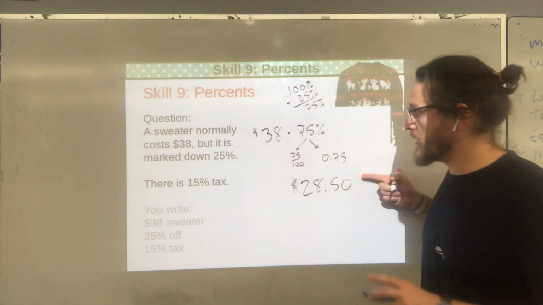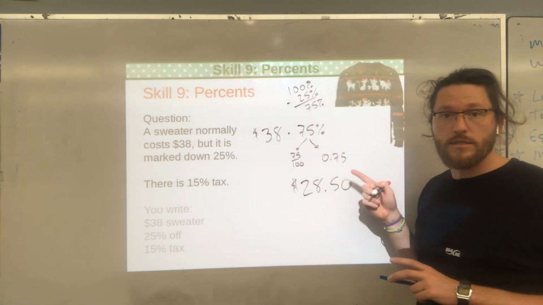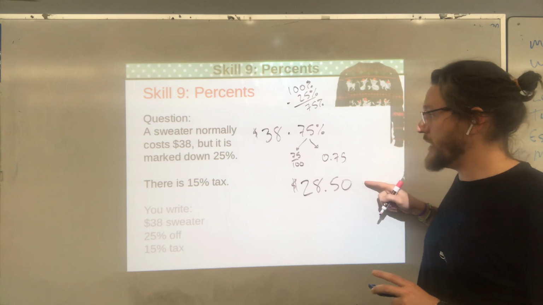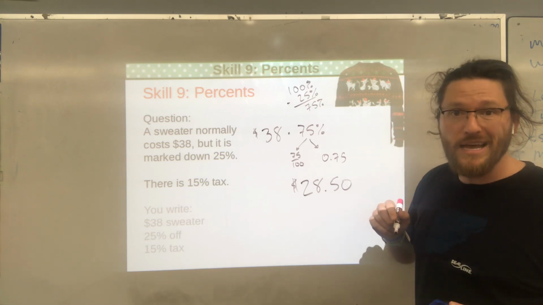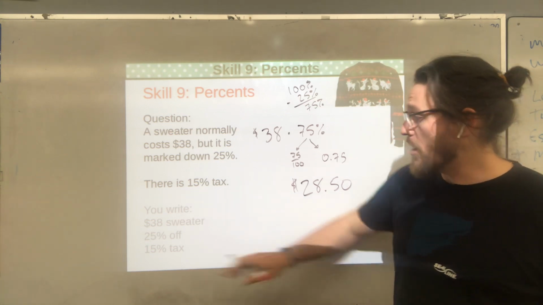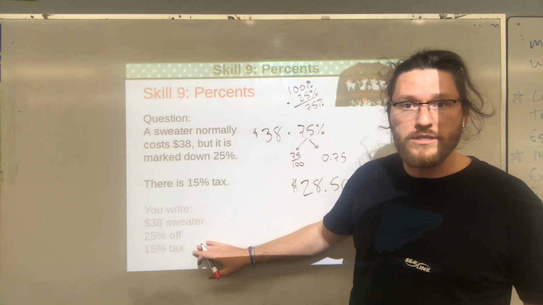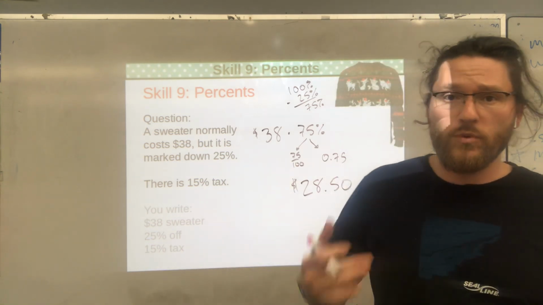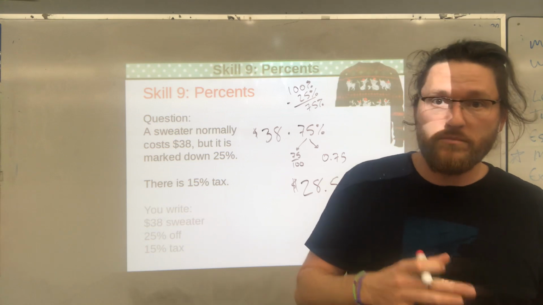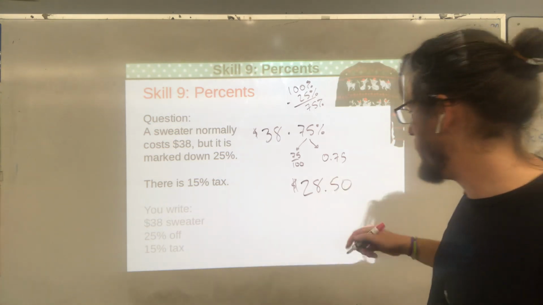Okay, and this is a good start for us, right? This is what the price of the sweater would be if it was marked off by 25%. But am I finished yet? No, I still need to include this 15% tax. So again, we could do this the old way where we find that 15% and add it back onto 28.50,